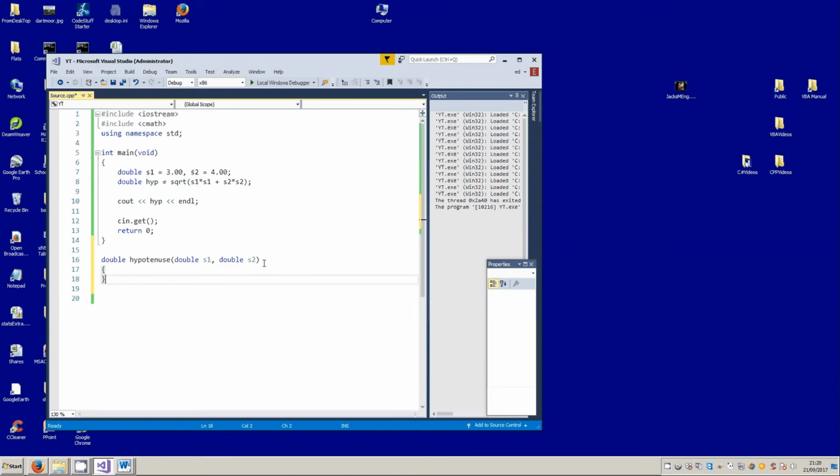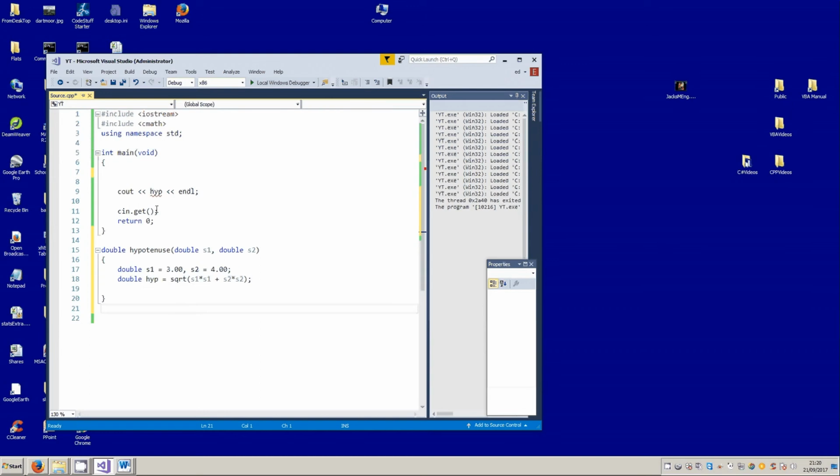Now, what's the function body going to be? It's actually going to be the stuff here. So I'll drag that into there, but when I call my function, I'm going to say here that hyp is going to be equal to hypotenuse, which is the name of the function. And then I'm going to pass 2 values. I'm going to pass the 3 and the 4 to the function, which will get passed to S1. And then I'm finally going to print out the value of hyp